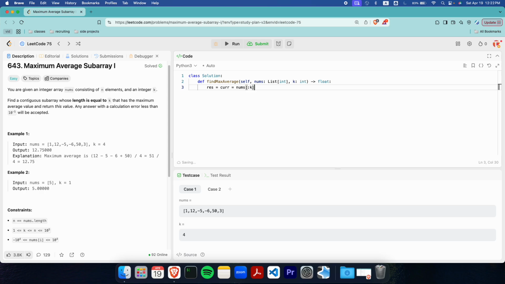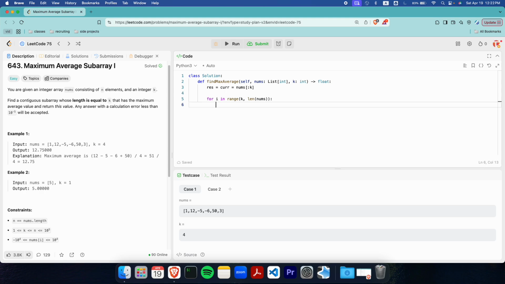We already said the constraint is that k has to be less than or equal to the length of nums, so we don't have to check whether the length of nums is less than k or anything like that. Afterwards we're going to iterate through the rest of the list, so from k up to the length of nums,